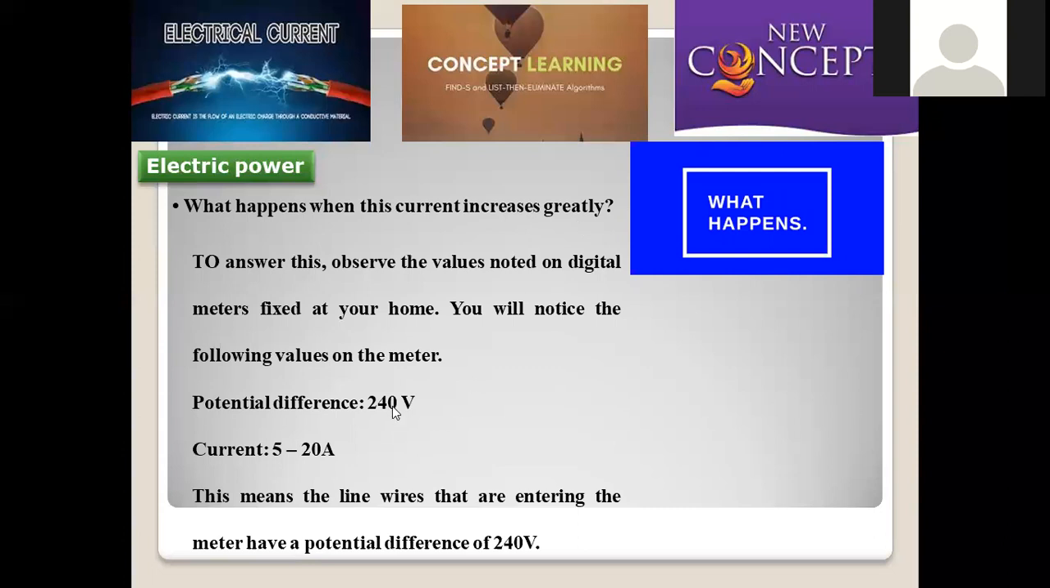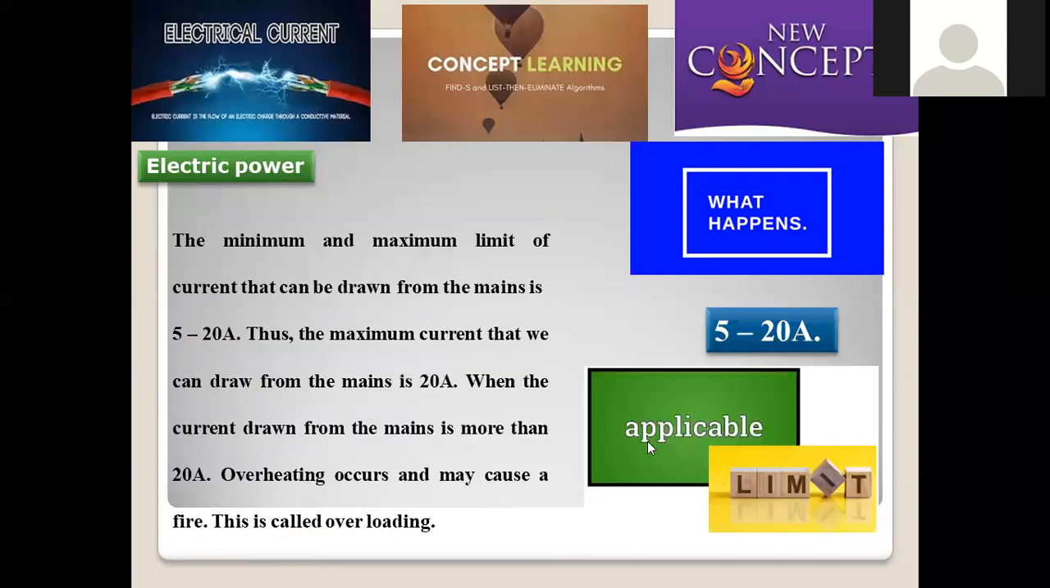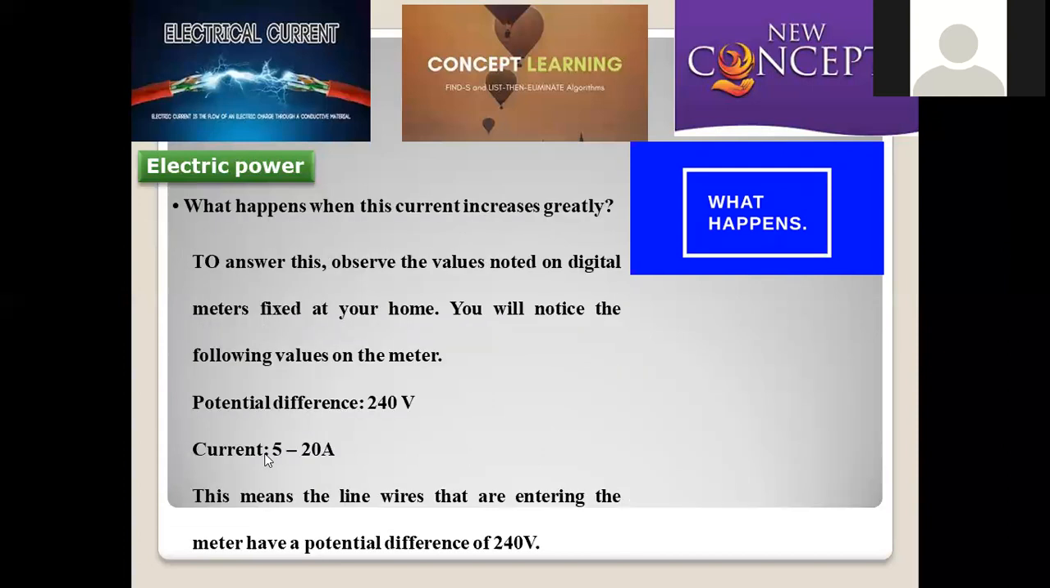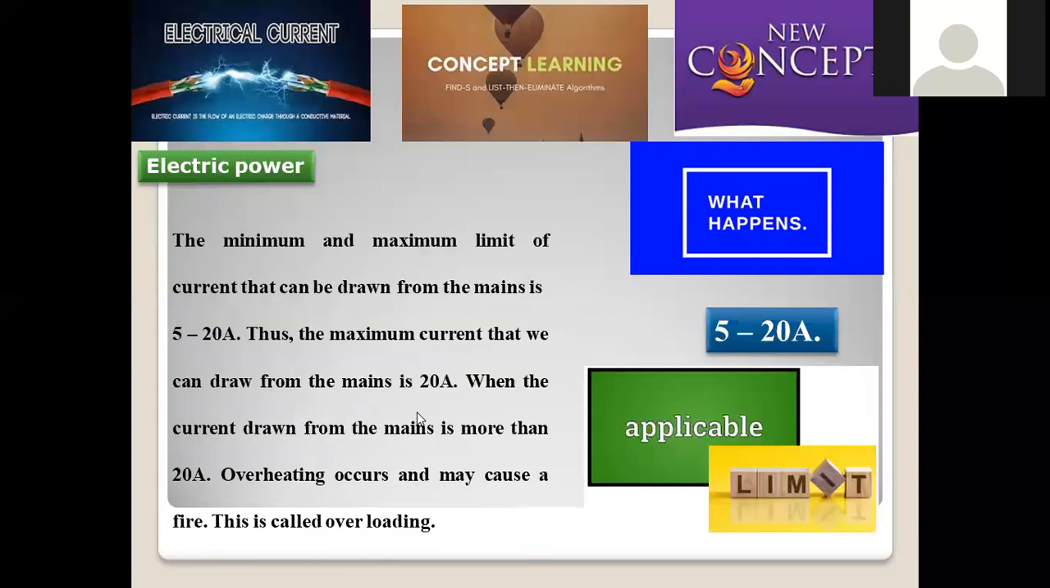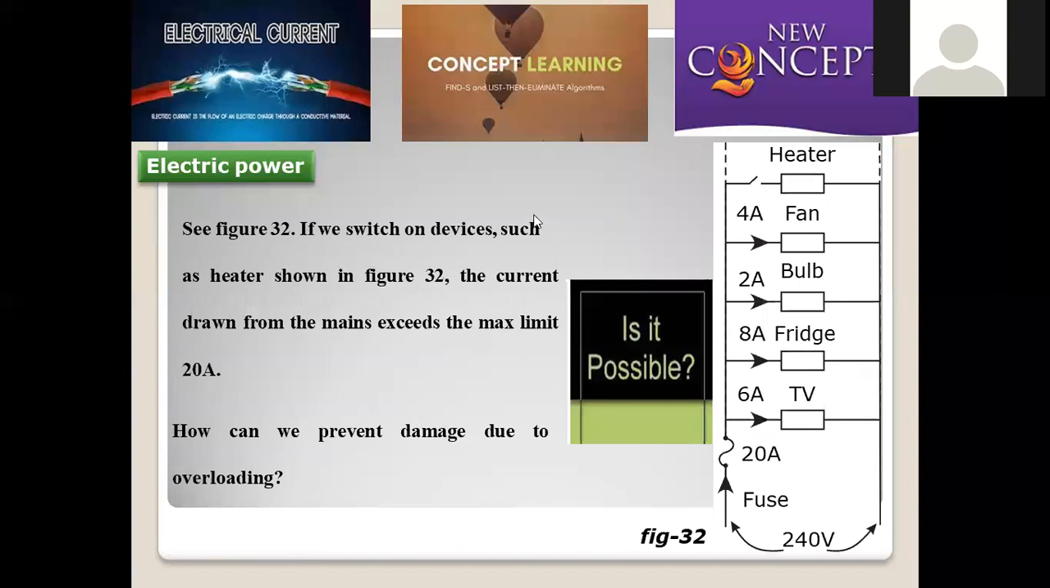So the maximum limit, we already know, up to 240 will be the safe zone, that will not trouble anyone. If it exceeds this extent, the current strength should be in the range of 5 to 20 amperes, these are the optimized conditions. If you are exceeding this condition, this will be the applicable load. 5 to 20 ampere strength of current is required, and one more thing is 240 volts of potential difference is also bearable, right? So if it is exceeding this, heater, fan, bulb, fridge, television, whatever we are using,